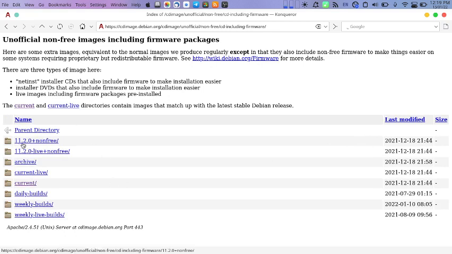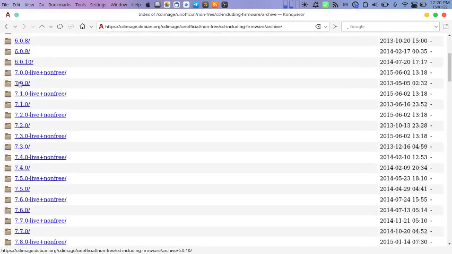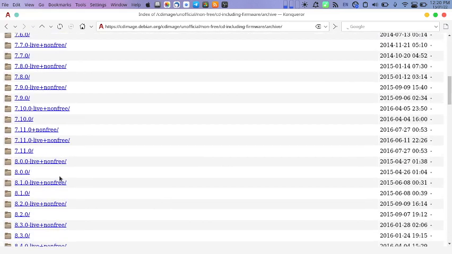This is 11.2 right now. This is the current version with the non-free software. This is the live ISO with non-free software. These are the old archives. In the archive you will see the older versions of the software open up, both standard and live plus non-free. It is there.